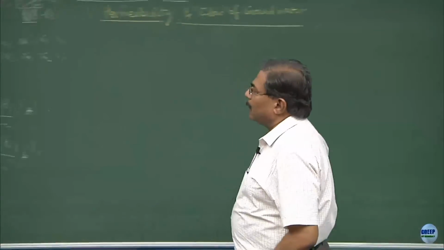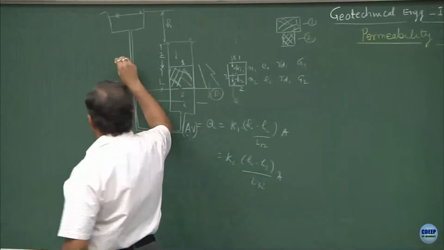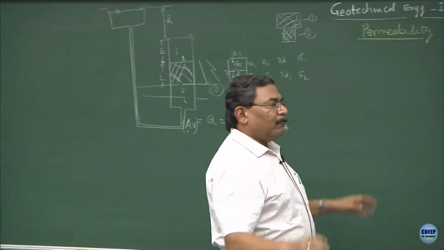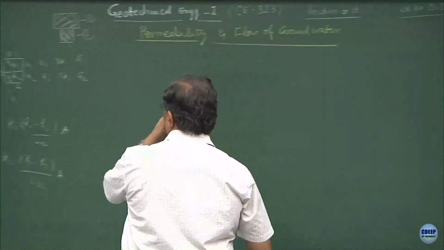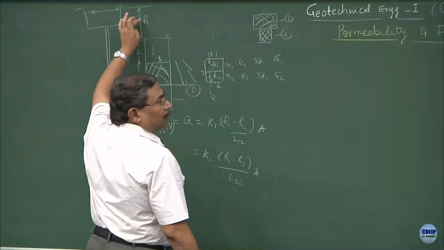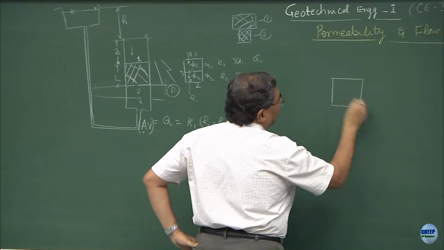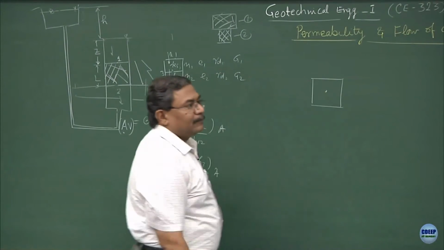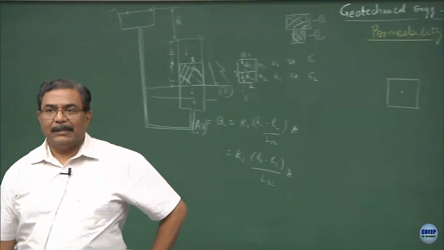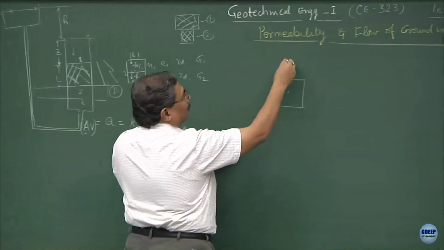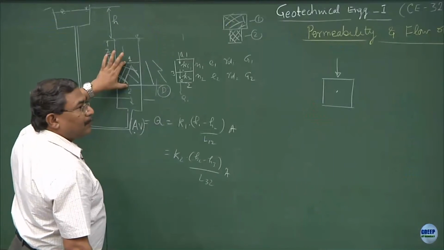Okay, now let us manipulate this a bit more. The direction of flow is clear to all of you. This head is causing everything to happen. Now, suppose I draw the free body diagram. How many forces are acting? Okay, let's do it together. Is there something acting from the top? How much is that? There is a sample.